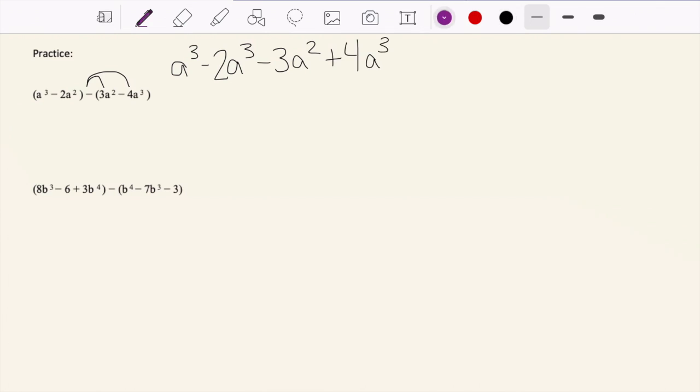And then -1 times -4a cubed becomes +4a cubed. So we can go ahead and combine. This has a 1 in front of it. So 1a cubed and